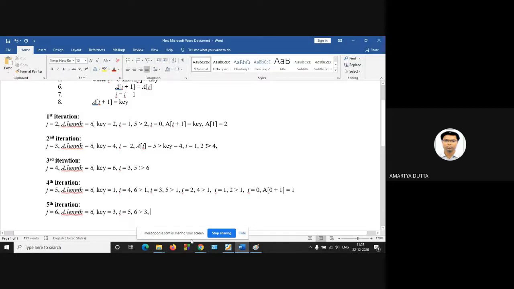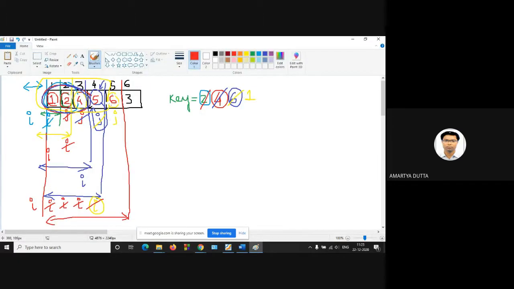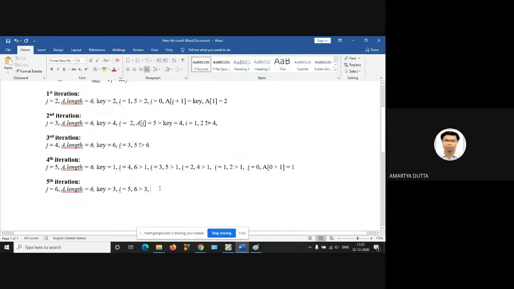So we have to copy this 6, and your new key value is 3. So copy this 6. Sorry, this will be 6 and this will be 6. Now decrement I by 1, so your new I value is 4.